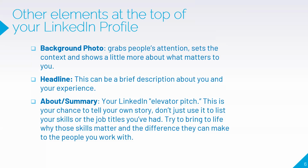The headline, I think this is one of the most important pieces when it comes to the top of your profile. So your headline can be a brief description about you and your experience. If you are a student or if you are in a certain field, you want to list that in your headline so that when anyone comes across your profile, they can see exactly where you're at